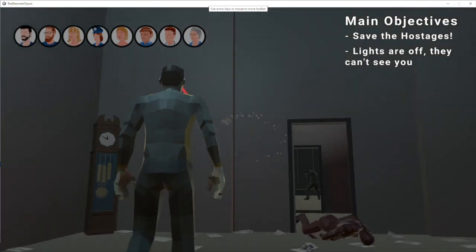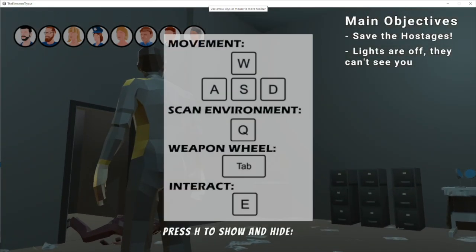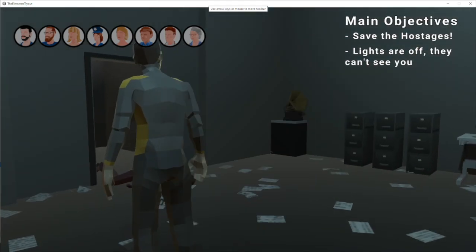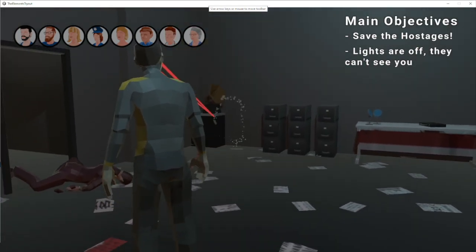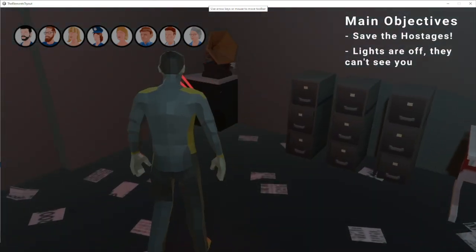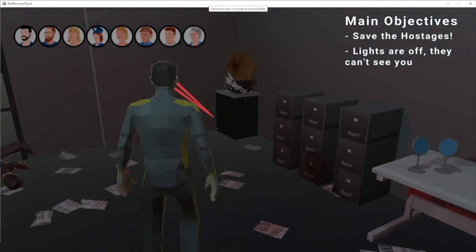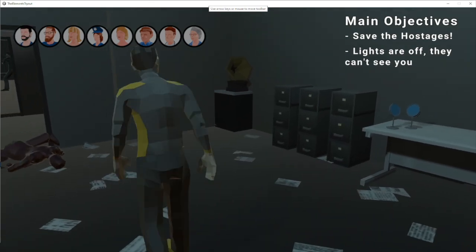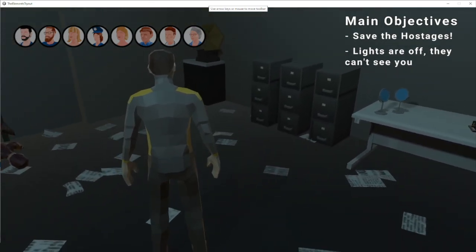The player can pull it up anytime by pressing H. A quick way to check all the inputs. Great for anyone who might not be familiar with the mechanics. So yeah, I think that's all good feedback. Unfortunately for them, I don't think it addresses the main problem they have for the game, which is